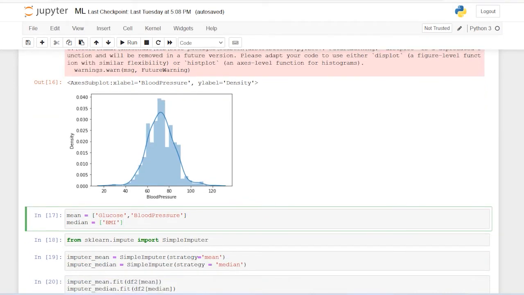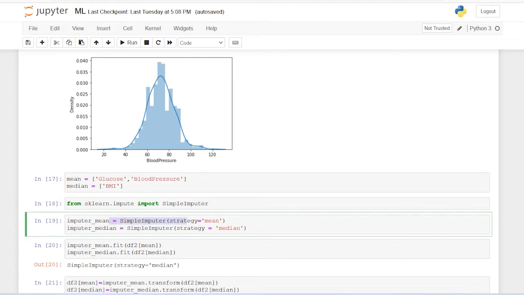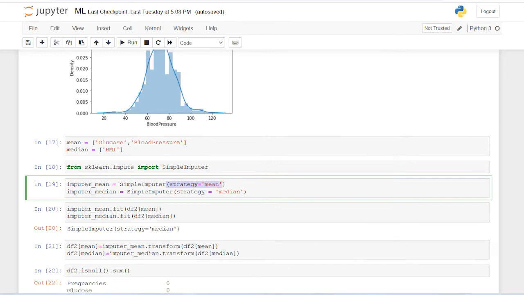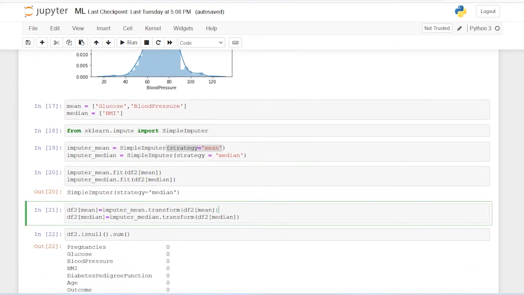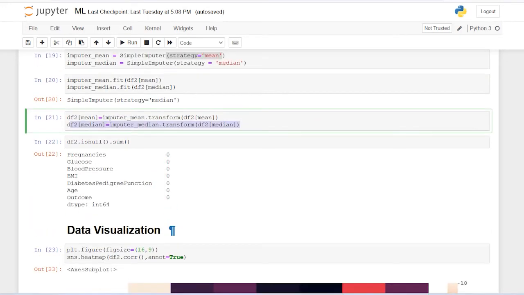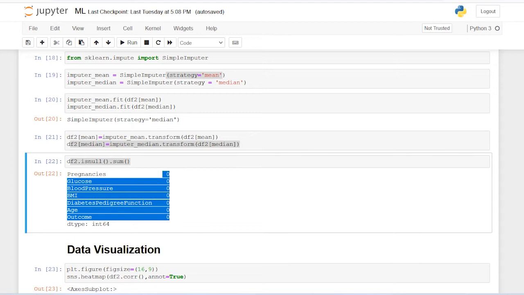So now I have imported the scikit-learn library and imported the SimpleImputer function from it, and applied the strategy mean in the imputer, and letting the program know in which column I will be applying it, and then finally transforming my data in both these lines. So as you can see, finally we have removed the null values from my data, and now it is purely cleaned. Now let's jump on to the data visualization part.